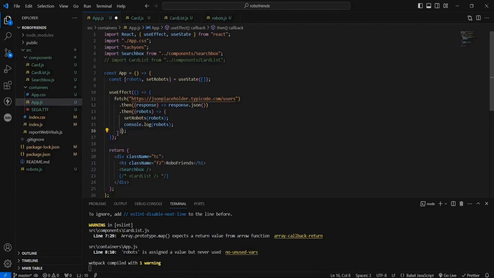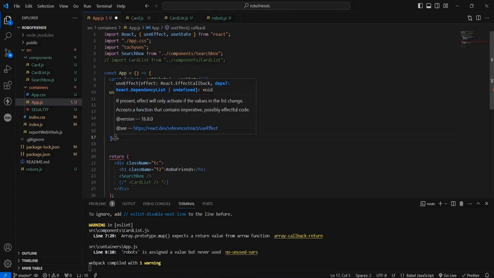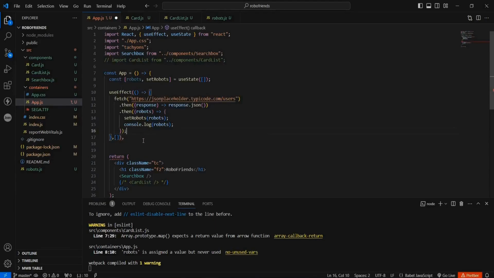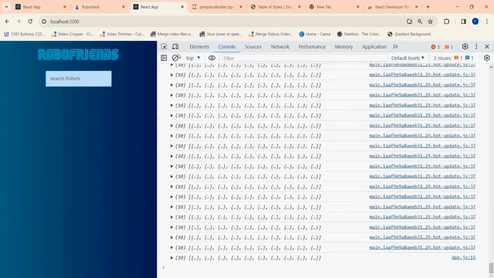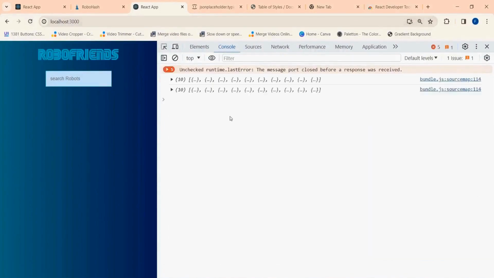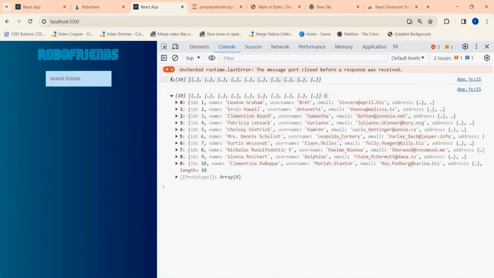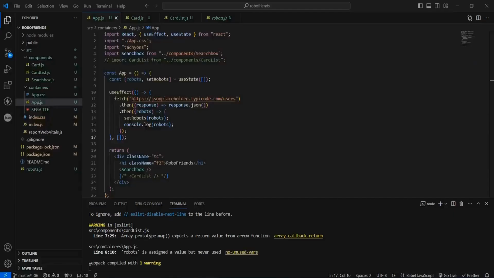So we need this over here. So now it's good to go. From this, we would only get the console once. So yeah, we are getting this, and it's for the previous one. So we can just simply remove this,